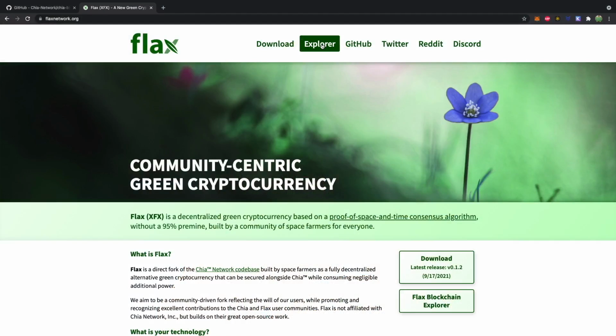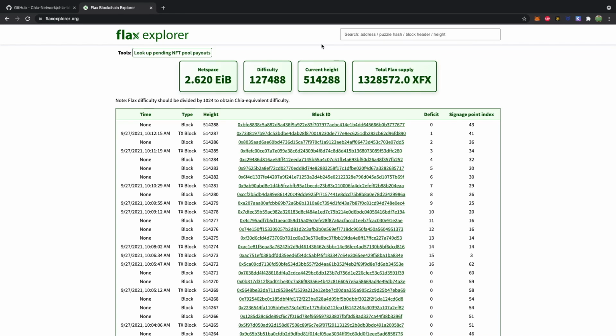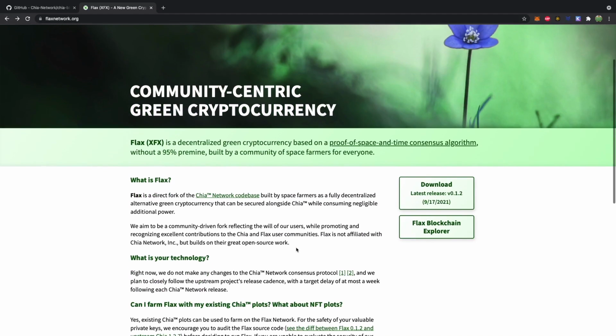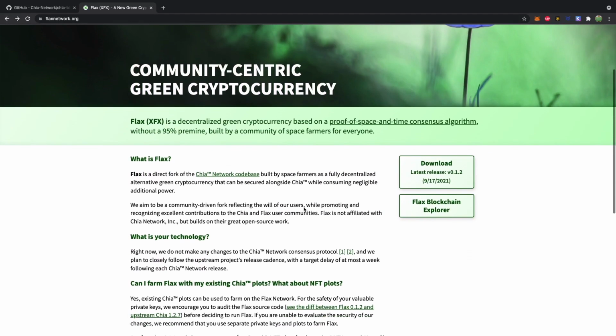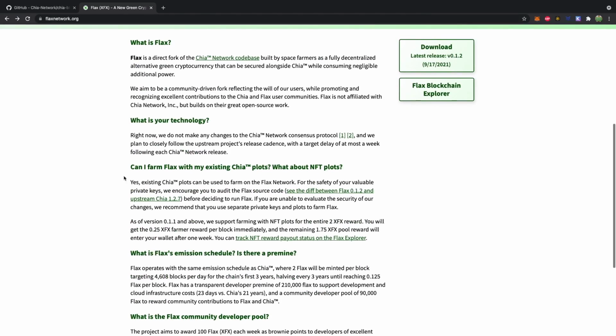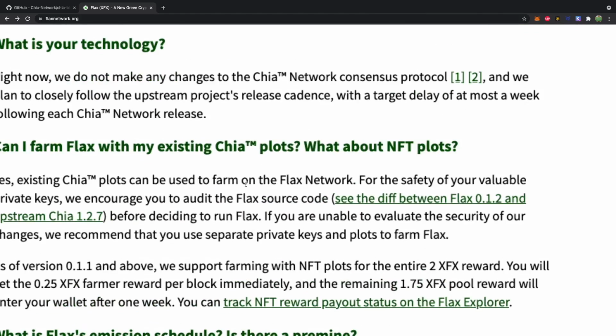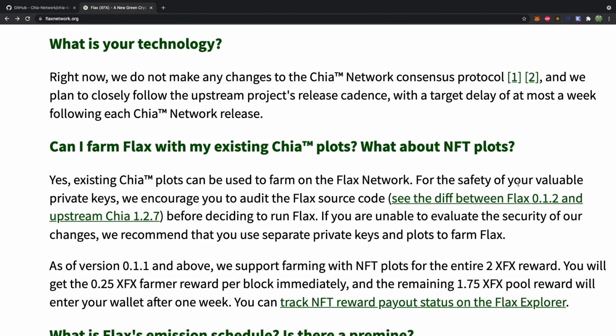So this is the Flax website. You can check out the Explorer, currently at 2.6 exabytes. So not quite 10% of the Chia network, which is at like 35, I think. Anyways, you can see some of the selling points of this cryptocurrency. And it says here, existing Chia plots can be used to farm on the Flax network. For the safety of your valuable private keys, we encourage you to audit the Flax source code before deciding to